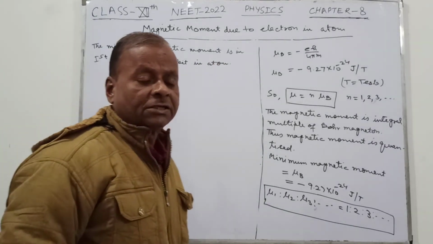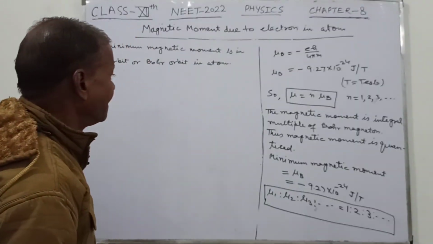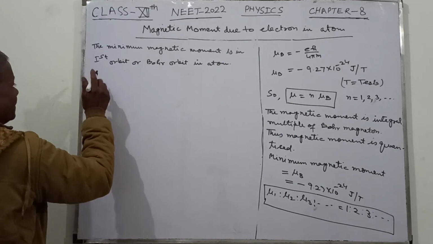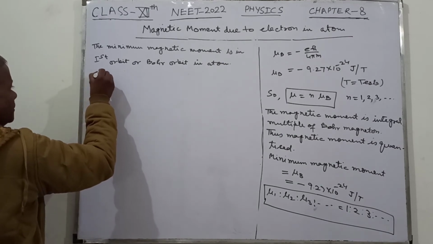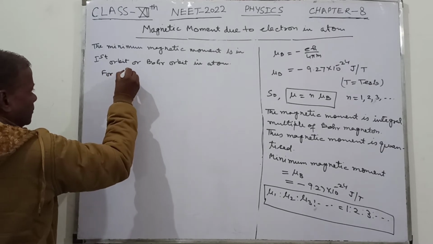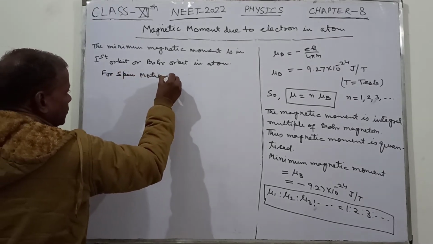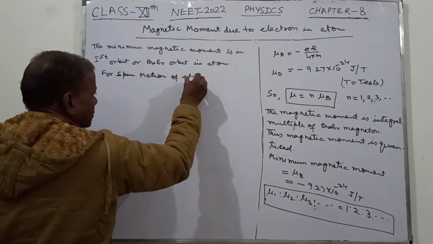This we have considered for the orbital motion. Now if we take the spin motion of the electron,